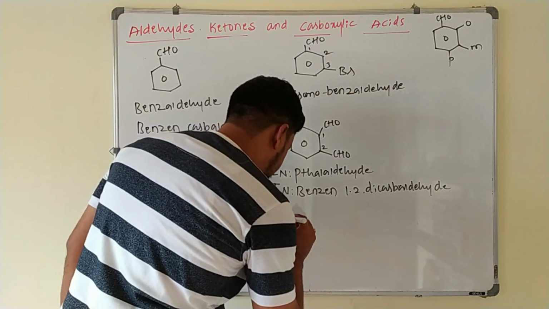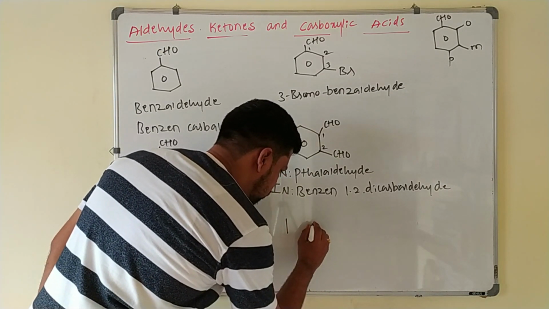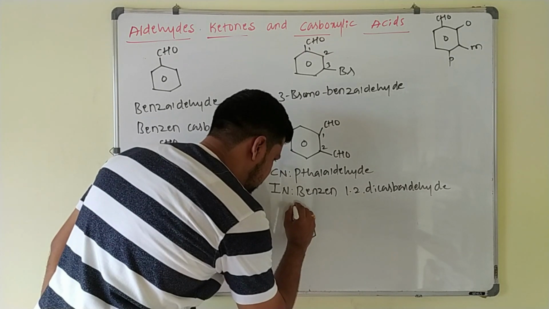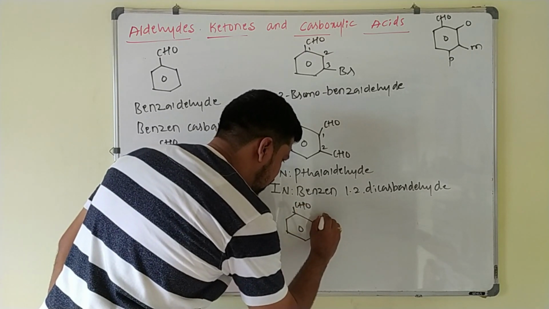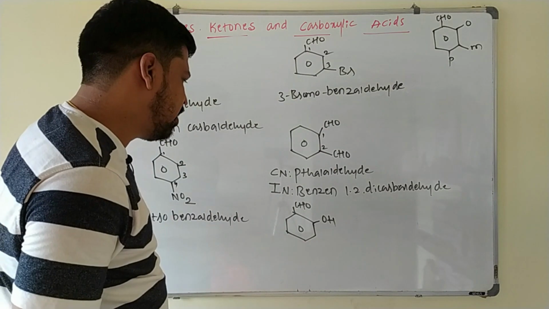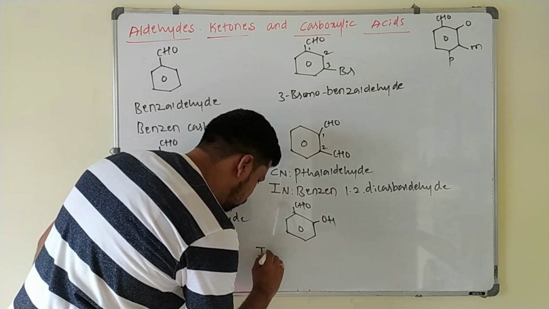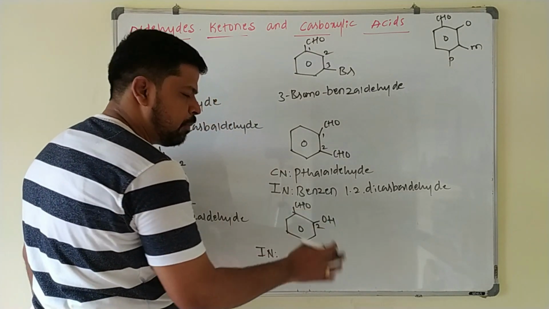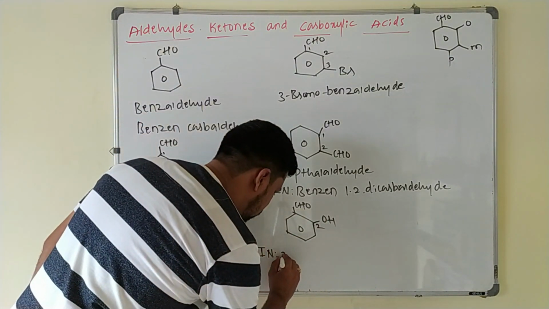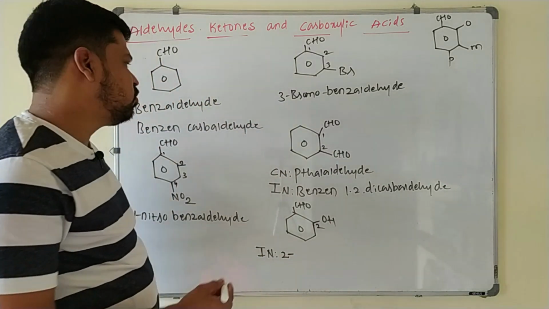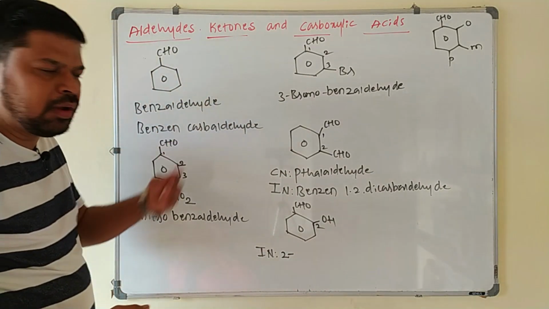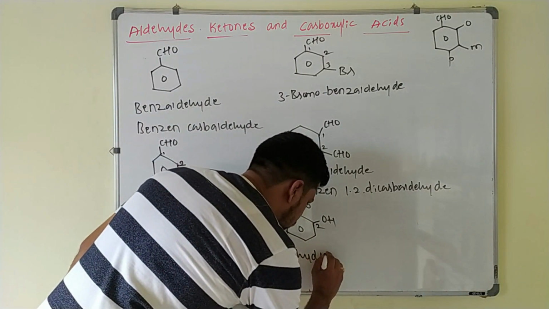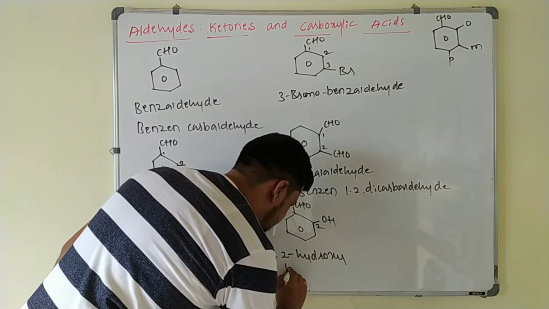Okay. Next one. Suppose I take an OH group at the ortho position; this is your CHO and this will be OH. What is the IUPAC name of this one? At the second position, the OH group is present here, so 2-hydroxy benzene carbaldehyde, or directly you can write 2-hydroxy benzaldehyde also, because the name benzaldehyde is also accepted by IUPAC. So 2-hydroxy benzaldehyde,